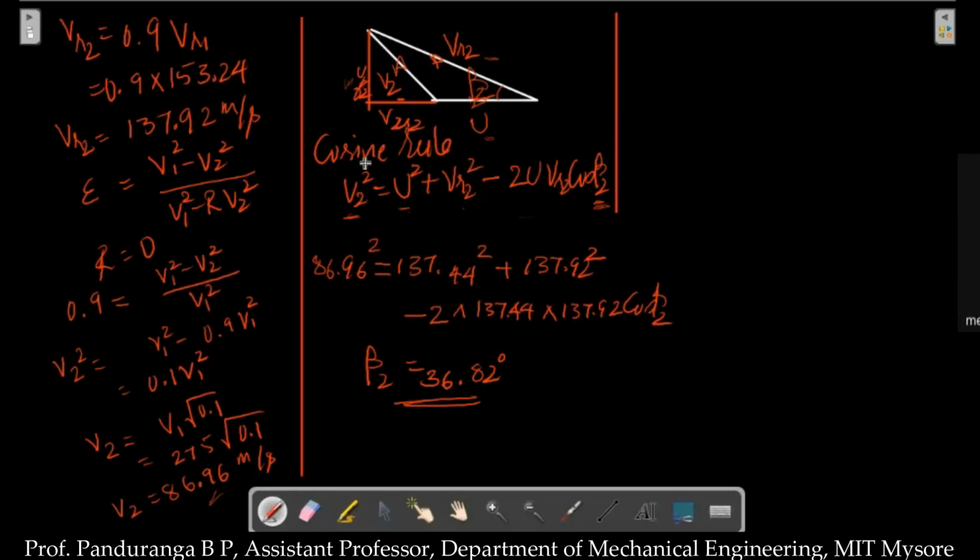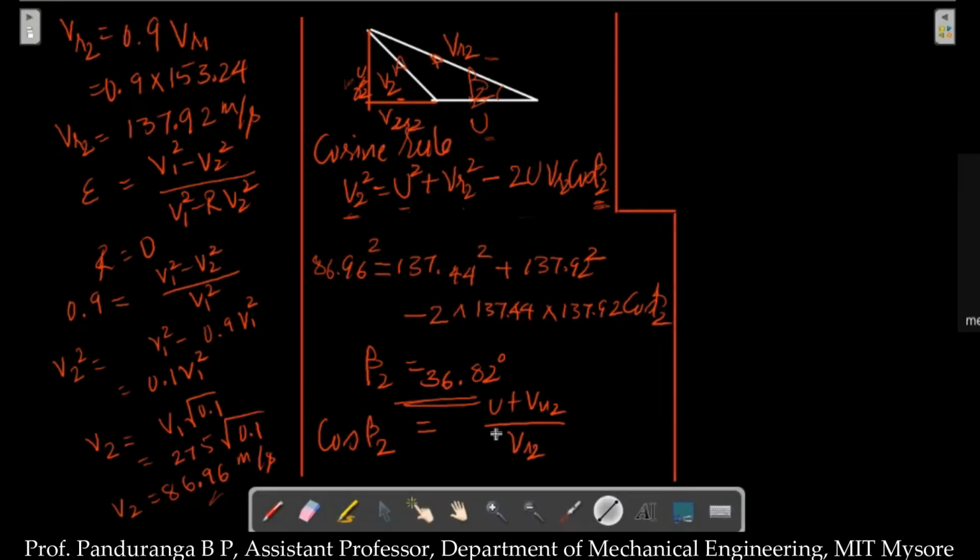So here, since I know beta 2, I can write the horizontal component of VR2. Cos beta 2 will be equal to adjacent side U plus VU2 divided by the hypotenuse VR2. I can use this to find out the value of VU2. So if you rearrange this, VU2 will be equal to